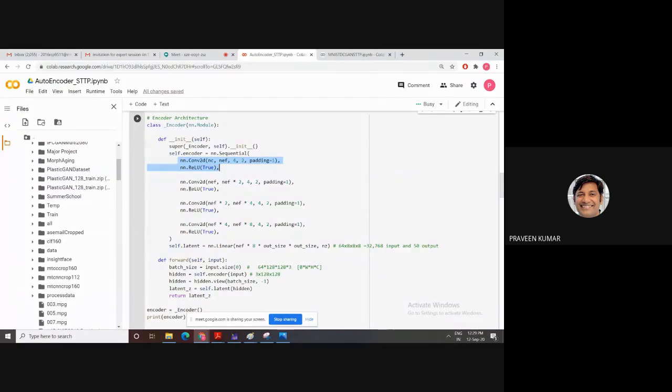After the first convolution, which has 64, this is the input to the second convolution, and the output is 64 times 2, which means 128. The filter is the same, 4, the stride is 2, and the padding is 1. Then conv 2 gives 128, then we go to 256, and in this way we reach convolution 4. So all 4 convolutions are implemented this way.